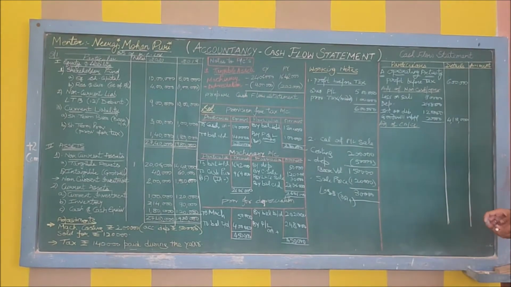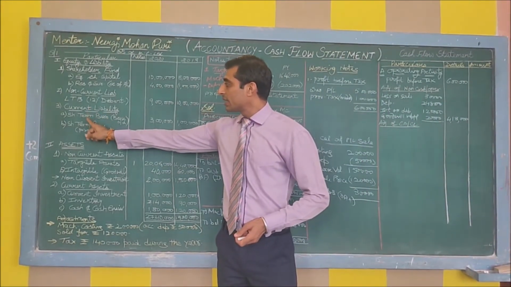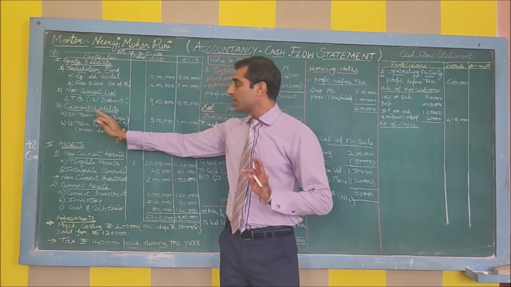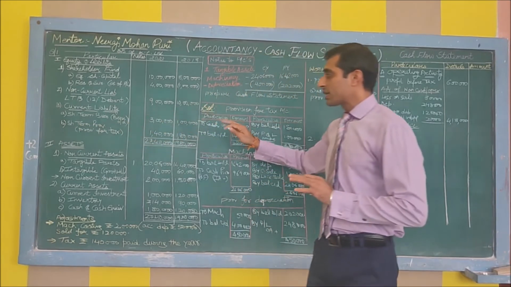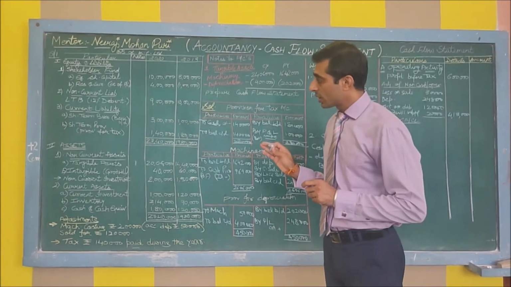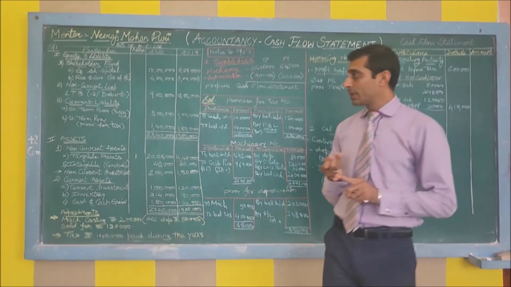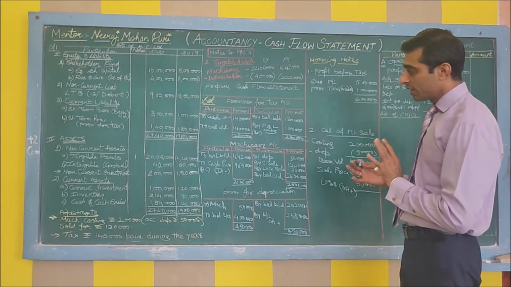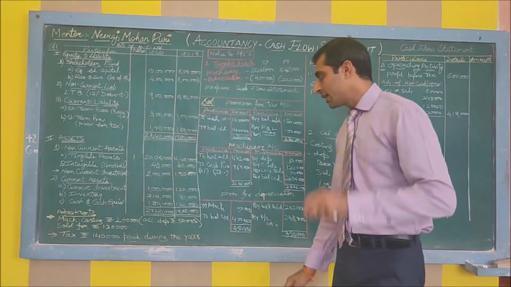Under current assets and current liabilities, come directly to your balance sheet item, current liabilities. Short term borrowings I have already discussed, it's not shown. Then next is short term provision, tax. There are no other current liabilities like creditors, bills payables, trade payables, outstandings, nothing as such. Leave it. In current assets we have inventory. So there is a single item.